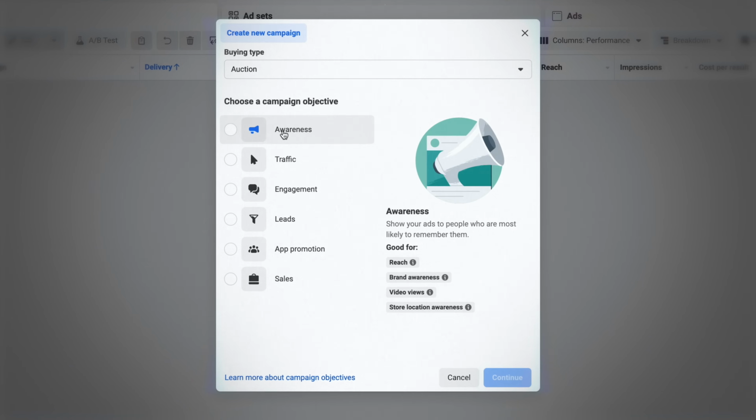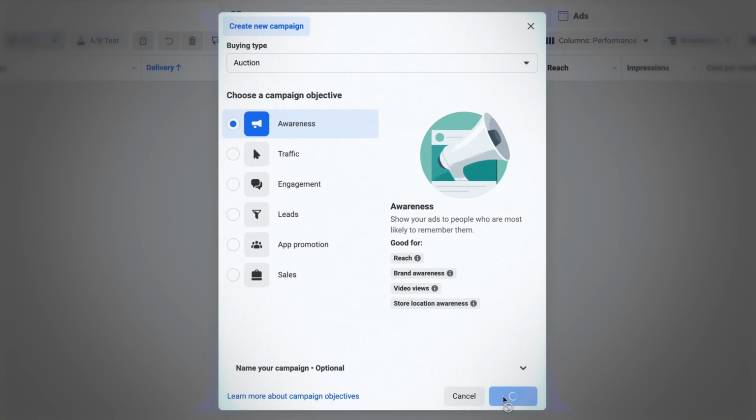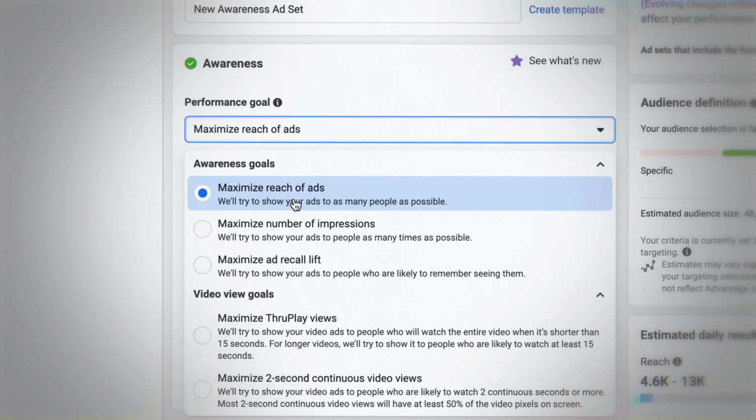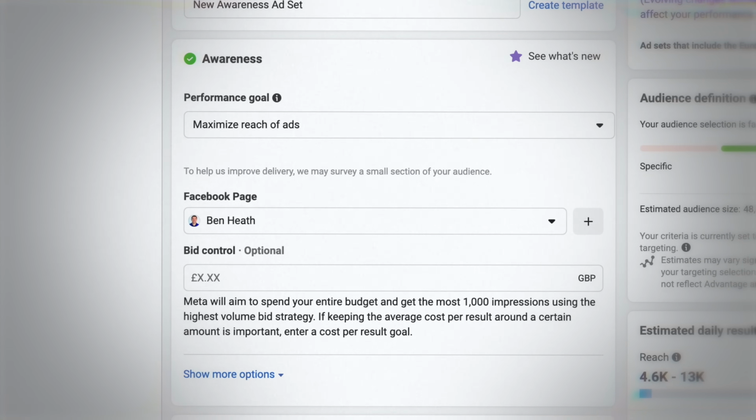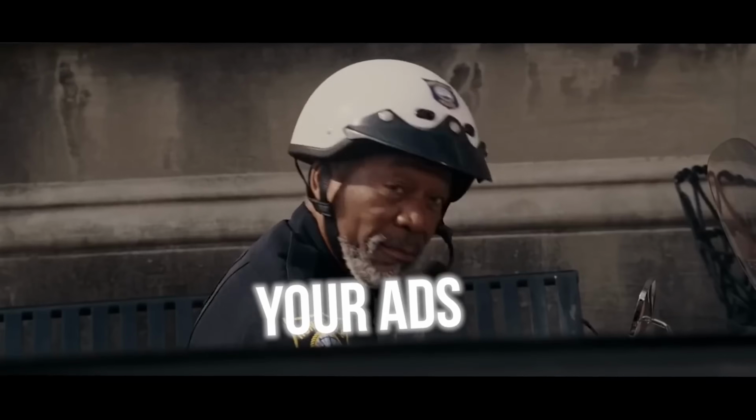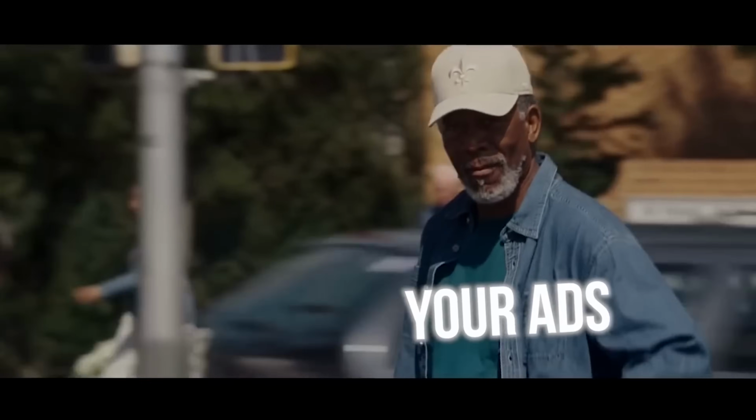So if we're running the omnipresent content strategy and we're using the awareness objective, we're going to want as much reach as possible, because that's the whole idea. We want to put these ads in front of people again and again and again. We want them to see it. We're not looking for them to do anything particular, like purchase, become a lead at that point with that campaign